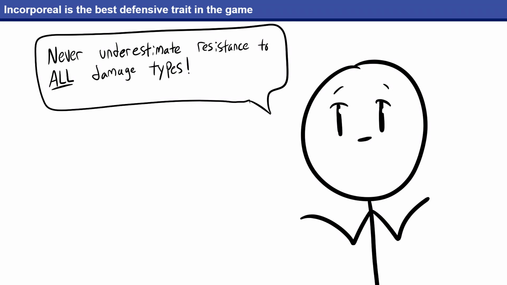I think that it's pretty much impossible for me to overrate resistance to all damage, since if you hit a ghost with a flaming sword, that resistance is going to apply both to the fire and the slashing damage that you deal. Plus, you double the amount of resistance versus non-magical damage, meaning at low levels it might be impossible to hurt a ghost because you simply don't have a magic weapon yet, and you can't get past its damage resistance 10 to all damage types. It can get really rough.